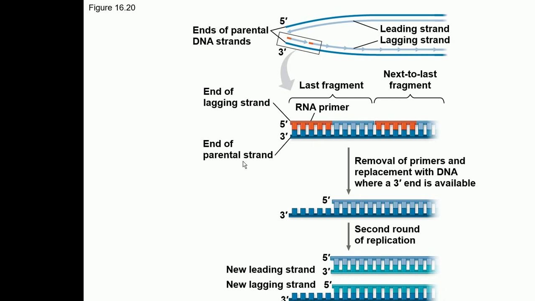Which means that when the two strands are made, the lagging strand always loses some part of the DNA, because the end of the DNA cannot be filled, right? So the lagging strand will always have some part removed from the ends. The DNA molecule will be formed like this, and when it goes to the second cycle of replication, again the same thing happens. The lagging strand is again going to have some part missing from the ends.